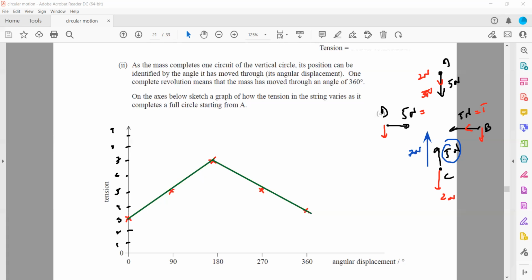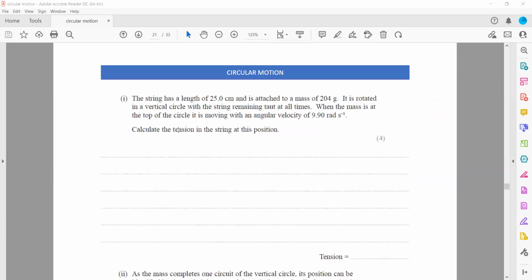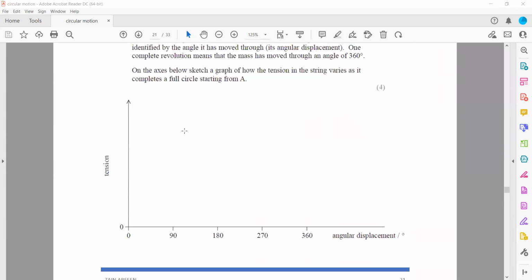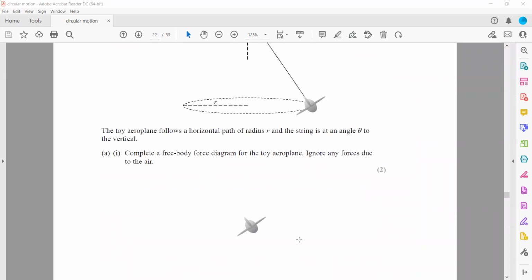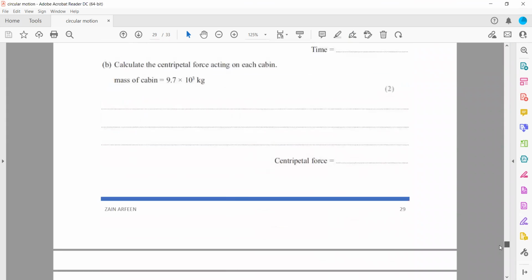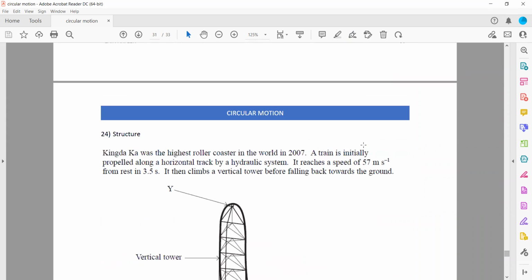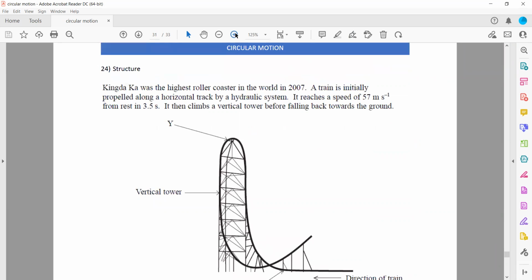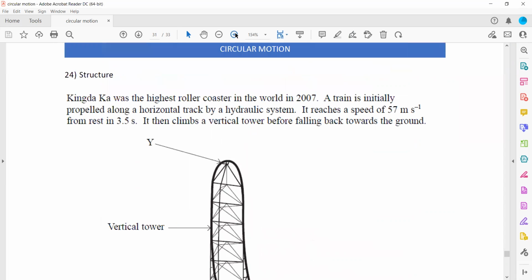Then the next question is question 18. This was 18B, 1 and 2. The next question is 24. So in this question, question 24,